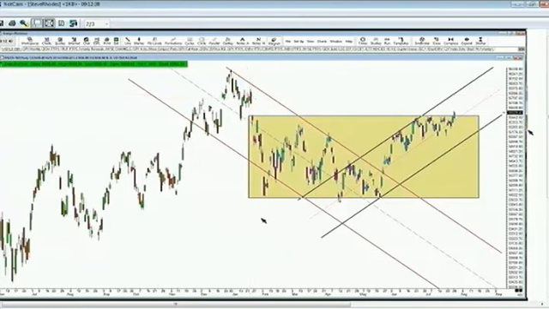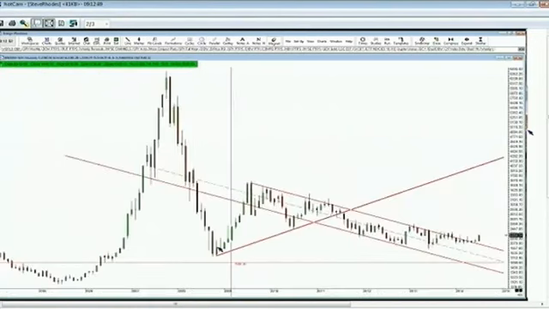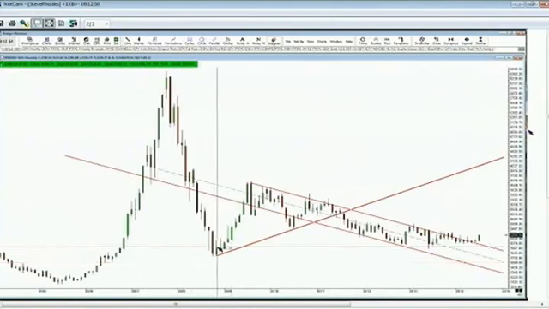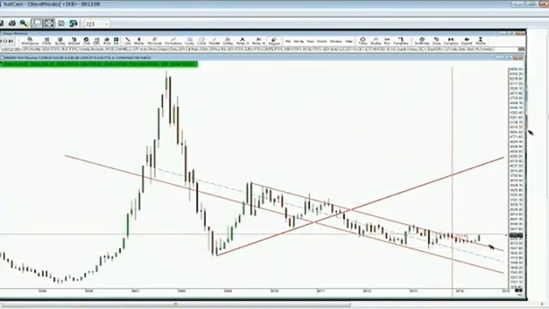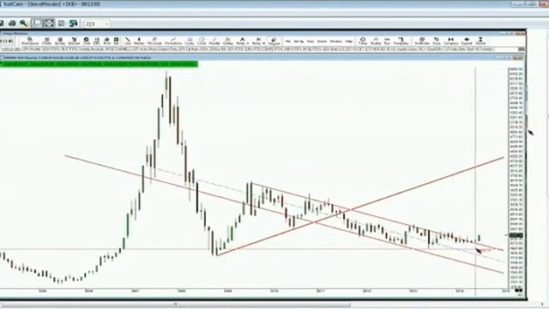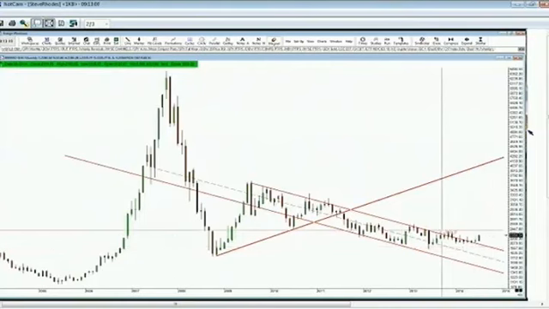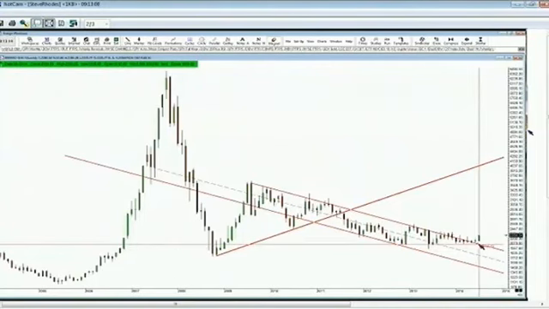If we take a look at the Shanghai, now this is a monthly chart out here, and this is kind of interesting. The Shanghai has been very weak. On the monthly chart, if you take a look at the 2009 lows inside the Shanghai, you're down at a price level of 1763. It's only trading at 2280 right now. It has not really made much of a move. But on a monthly basis, you'll notice last month, the month of June, it pierced through a little descending price channel, not with any kind of conviction. It now is clearly broken above that.